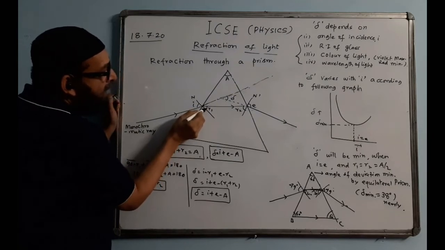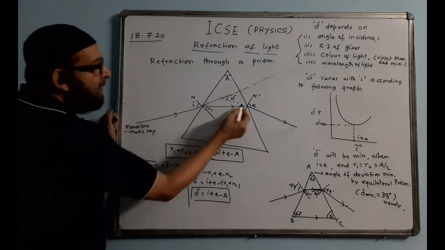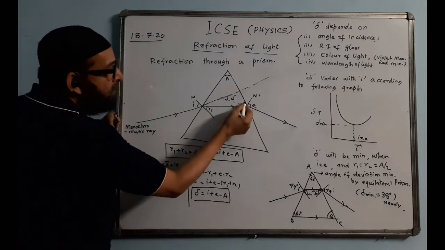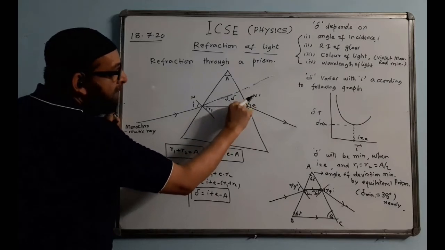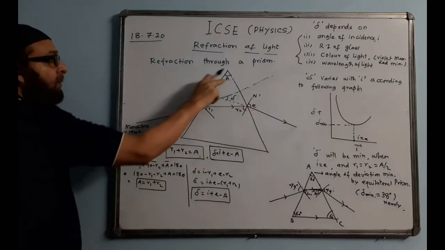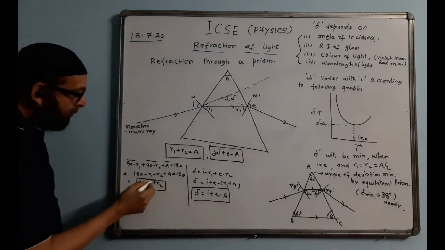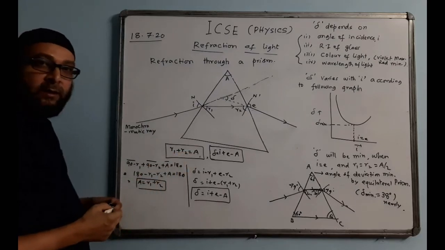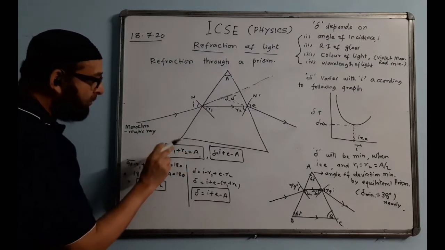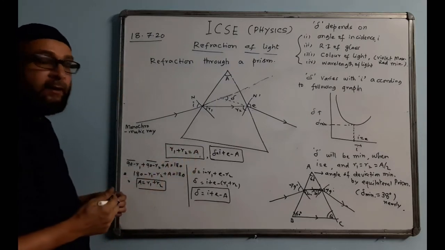A part of this is R1, the remaining part will become 90 minus R1, which I have written here. Similarly, this angle will become 90 minus R2, because the normal makes a 90 degree angle. Total angle is 90, a part of this is R2, the remaining angle is 90 minus R2. Plus A equal to 180. So 90, 90, 180. Carry on, we get A value coming like this: R1 plus R2 is equal to A. You may even get a fill in the blank style question: R1 plus dash is equal to A. You can fill it up with R2.